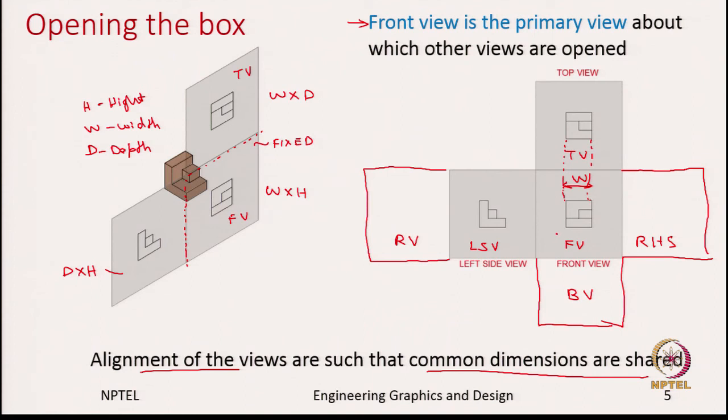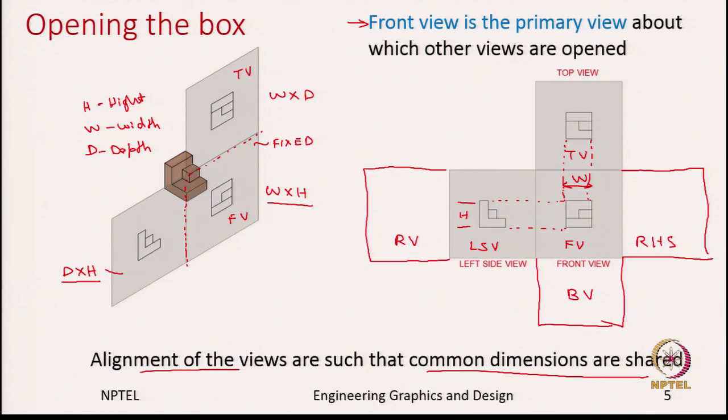Similarly, if we now pick the front view and the left side view, what is common between them? So, the front view we said is width and height, and side view we said is depth and height. So, which one is common? The height is common. So, if you extend these lines, so as we know this is the height of the object, and these lines are perfectly aligned between the left side view and the right side view.